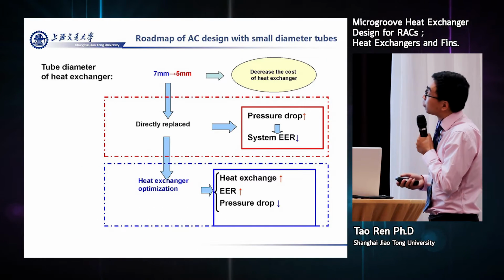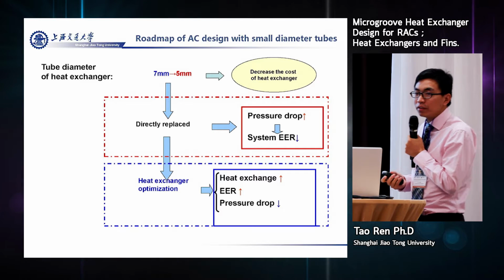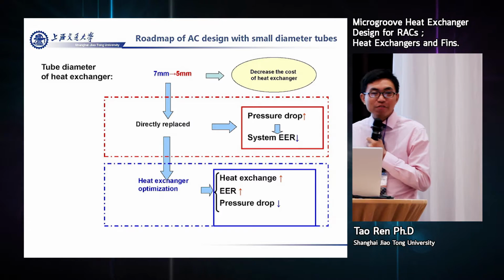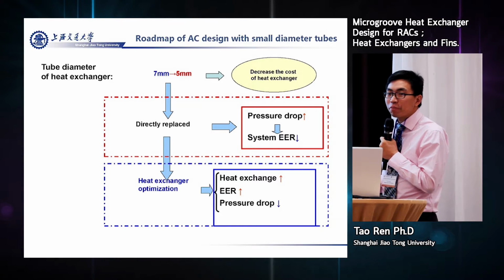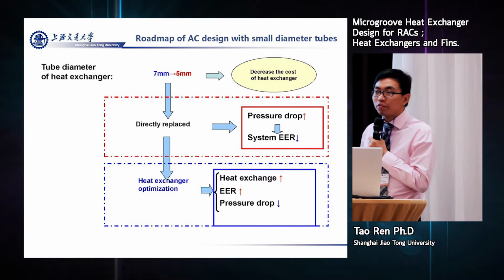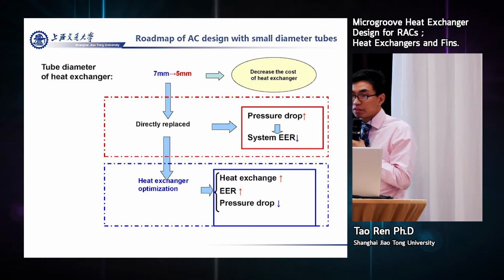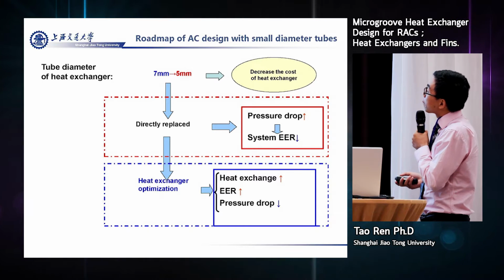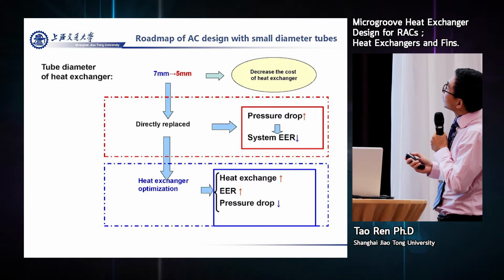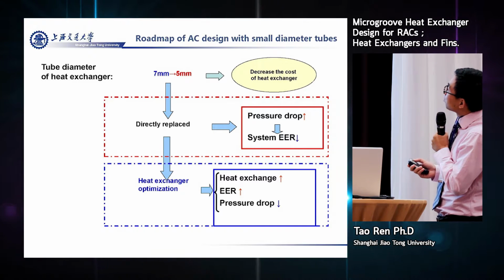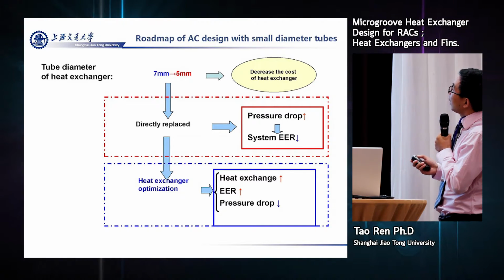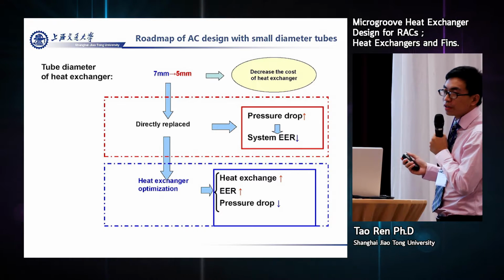This is the roadmap. When we have the thing, what kinds of thing we have, no matter where we get it, we have it now. Now we want to replace the 7 millimeter or 9.5 millimeter with 5 millimeters, so how to do it? That is our question. First, we try to directly replace, and we will find that the pressure drop is relatively high, and